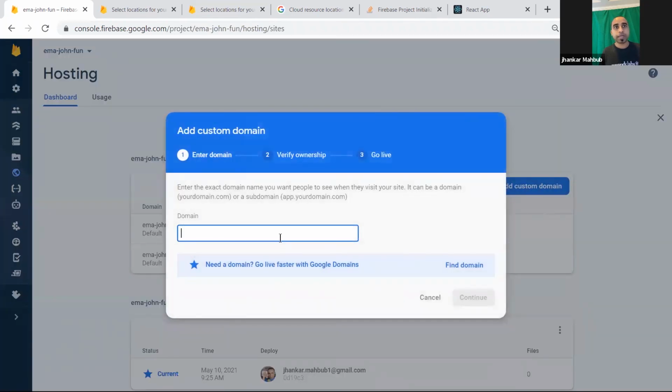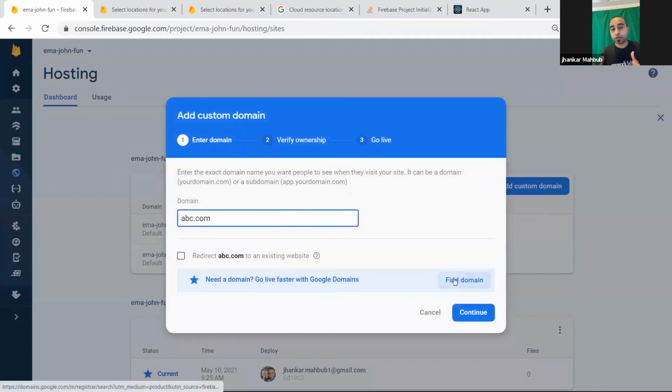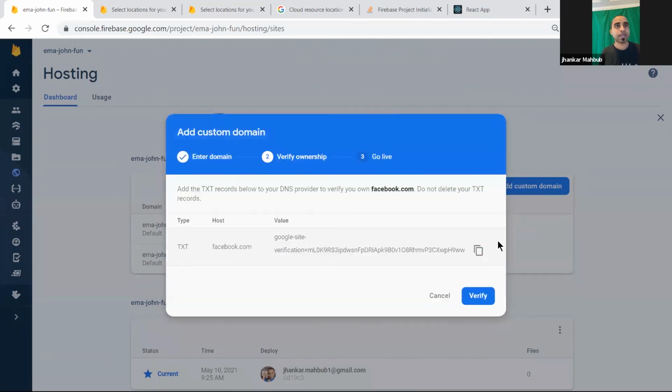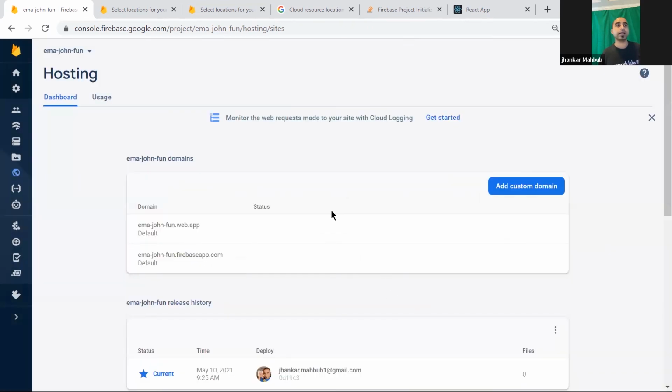Usually you provide the domain name, for example, myabc.com, something like this, but you need to prove it, because you can't just say facebook.com and put your website over there. That would not be allowed. So you need to verify the ownership. So once you continue with facebook.com, they will ask you, hey, this is the host and this is the file value you need to put there, or you need to find some information, and then they cross connect that this is the domain you own, and that's how they will be able to add the custom domain.